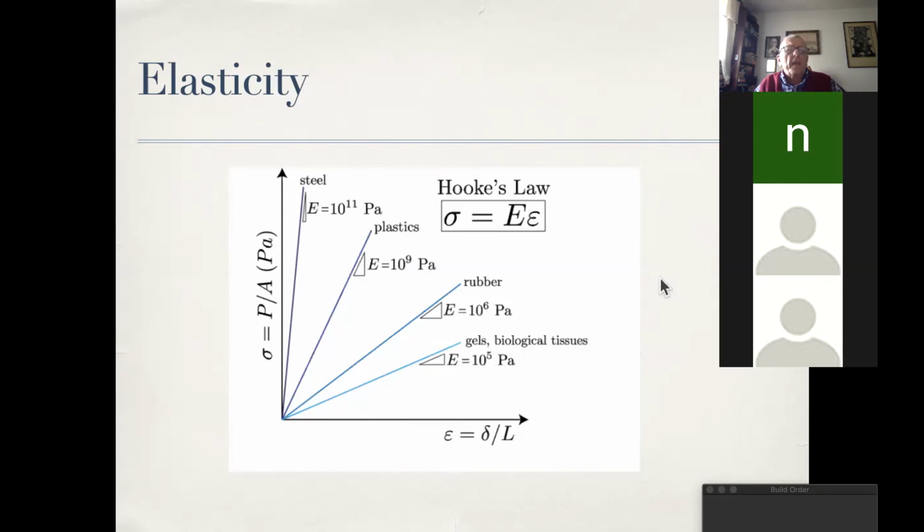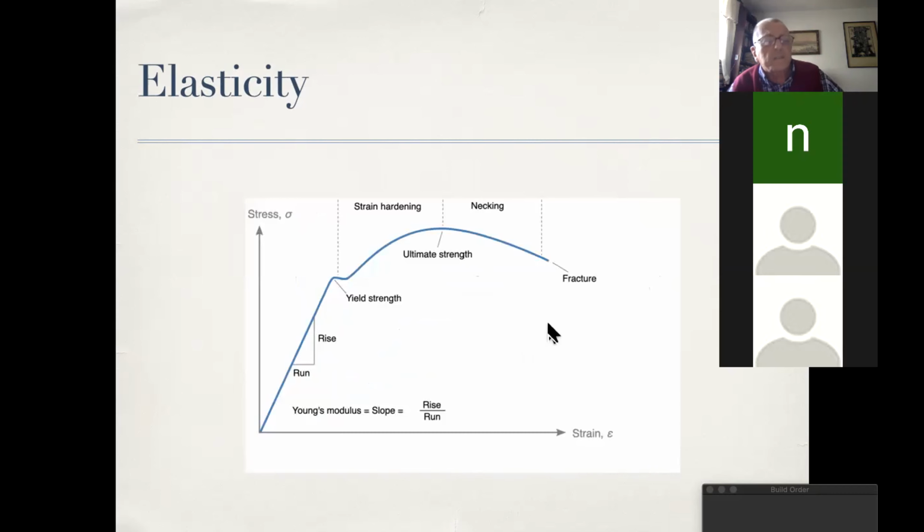No. If we extend the strain, then the relation between stress and strain becomes much more complicated. And this is roughly the drawing of what is happening. Initially, we still have a Hooke law, a straight line, and then eventually at a certain value of a strain, or if you want at a certain value of a stress,